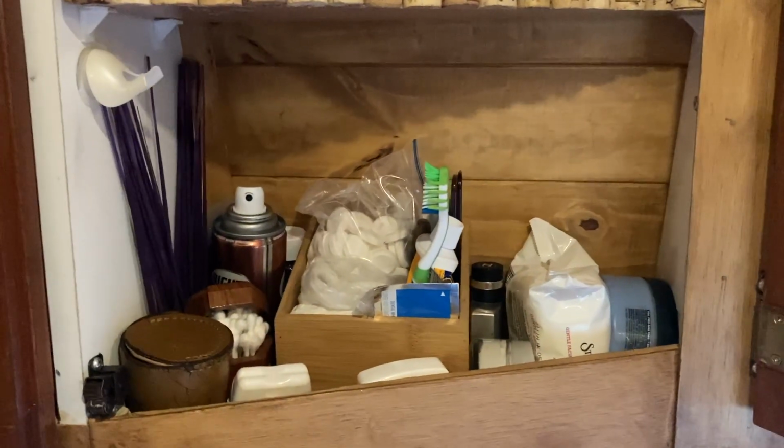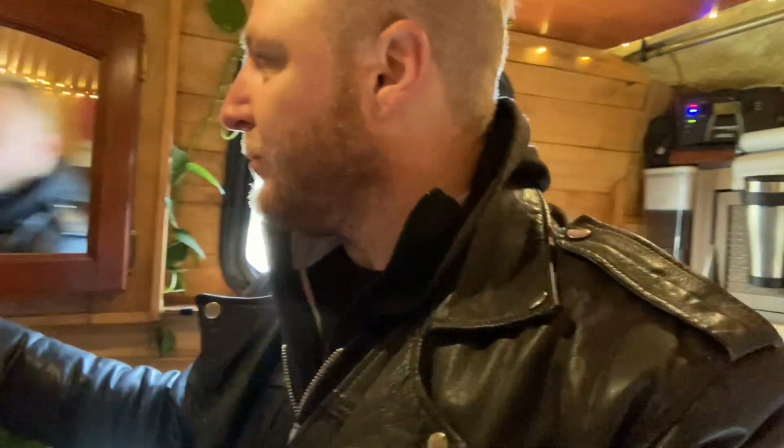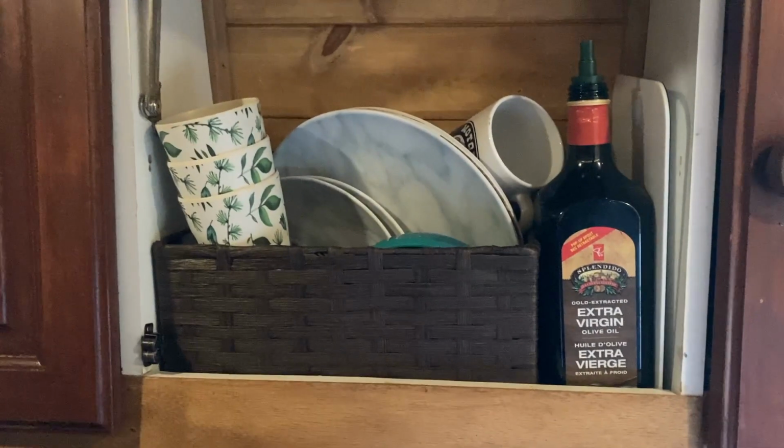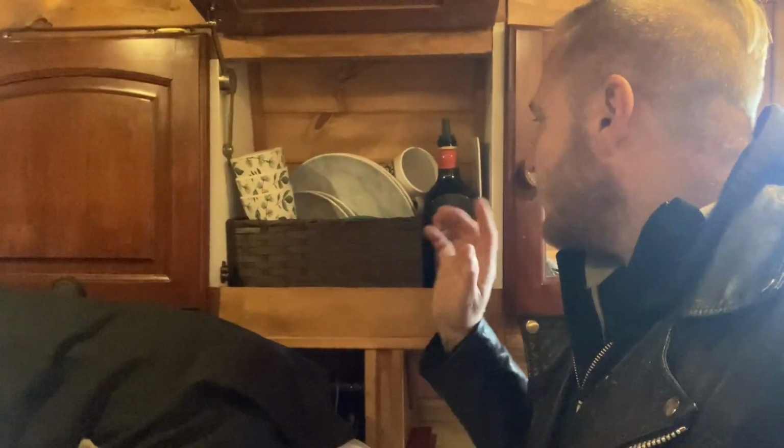Right in here, I've got all my toiletry stuff, like my toothbrush and deodorant and vitamins. Fucking all that fun adult shit. Everything I need right fucking here. This one here, this was and is where I keep my plates, cups, bowls, salt and pepper, and my Tupperware containers in case